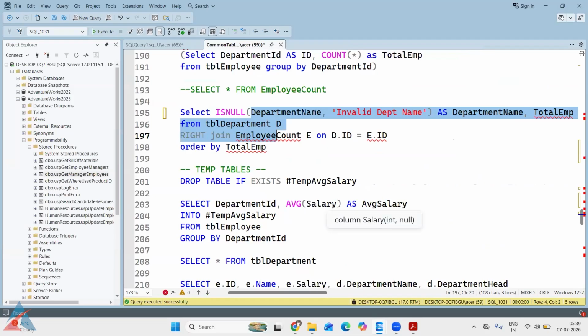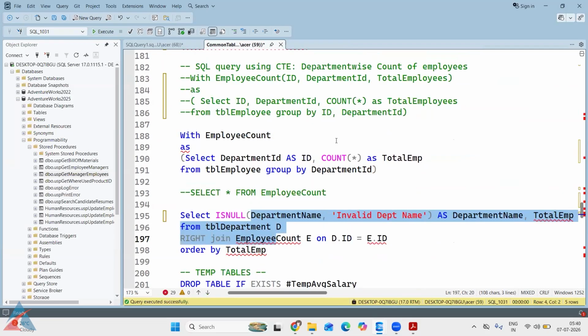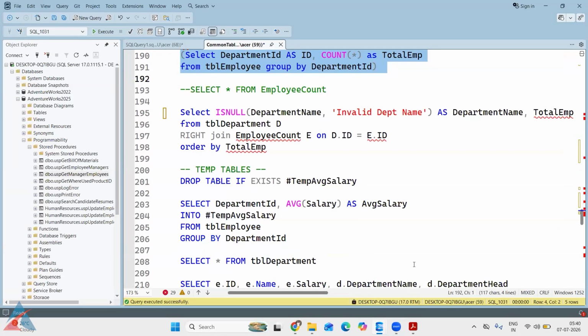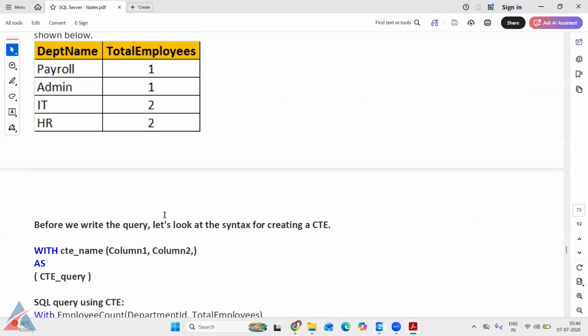Now, how many CTEs can be created? We can create as many CTEs in one stored procedure. Now let's say, can we refer to this CTE in another CTE? Yes, you can refer to a CTE in the next CTEs as well. So which means, for example,